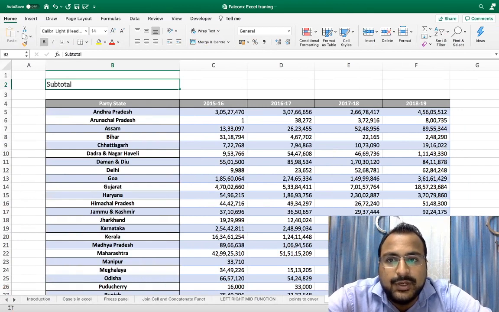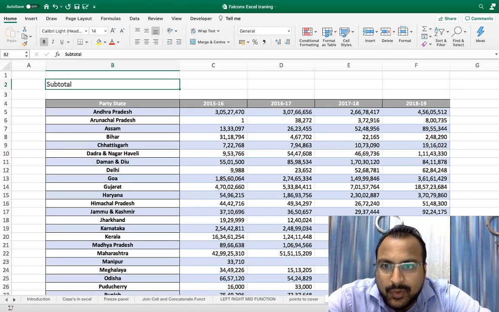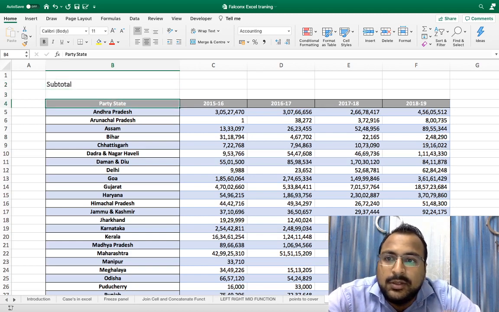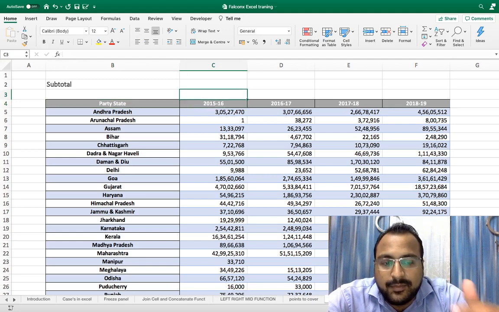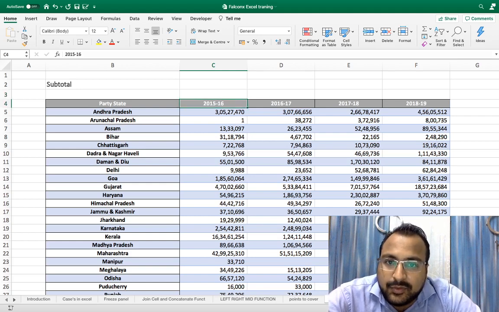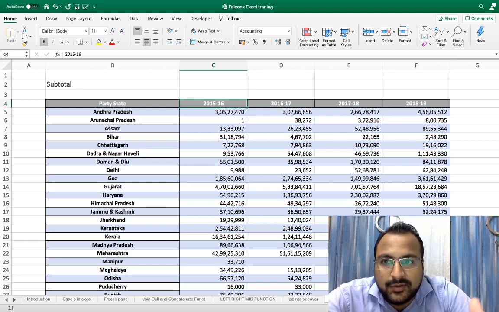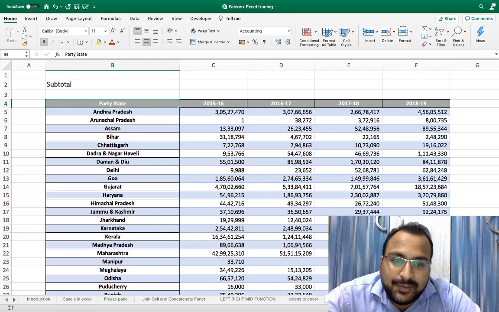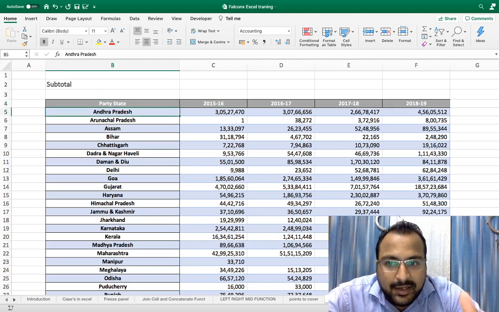Today in this video we are going to learn a very important and basic formula in Excel, which is subtotal. Subtotal can be used for sum, as we all are aware, but with subtotal you can do sum, minimum, average, count. Many functions apart from sum can also be done with subtotal. So in this video we are going to learn all the functions which we can do with subtotal, plus one bonus tip for handling changing data every time.